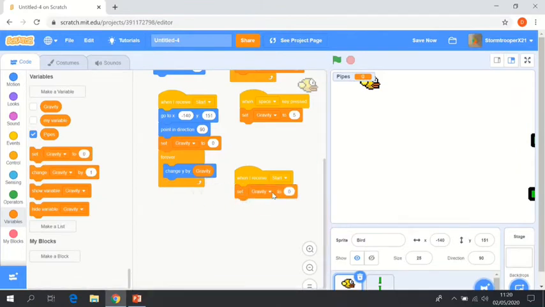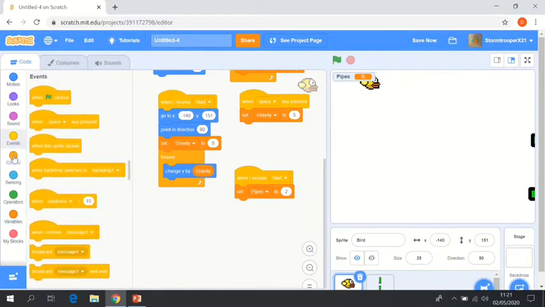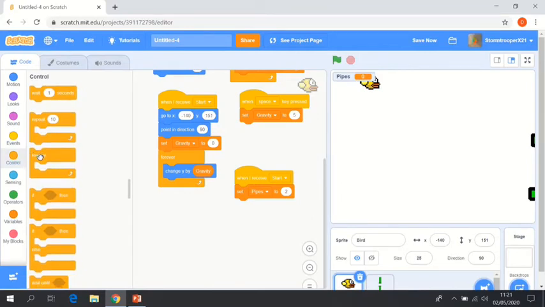Set pipes, and we're going to just set it to 2. This allows 2 of the pipes, 2 clones of the pipes, to come across the screen at the start of the game before we code other ones to spawn in. Okay, we're then going to go into events, control, grab a forever,